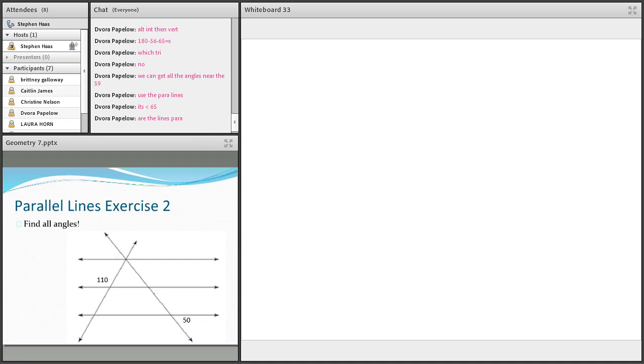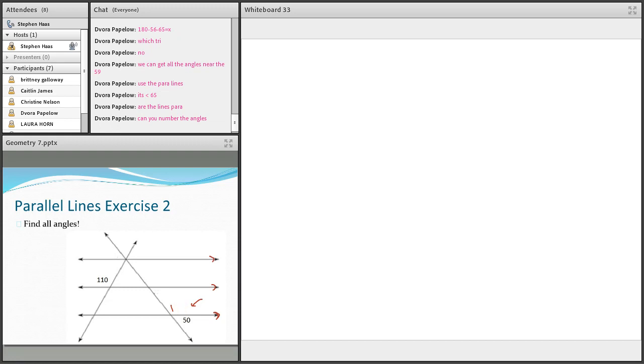Yeah, so, these have arrows. Generally speaking, if you see arrows, we can assume that they're parallel. So these lines are all parallel. Now we have to figure out what all the angles are. Can we get this one first of all? The one next to the 50. That's supplementary with the 50 because it's a linear pair. So we're going to make this into 130, right? Once you have that 130,